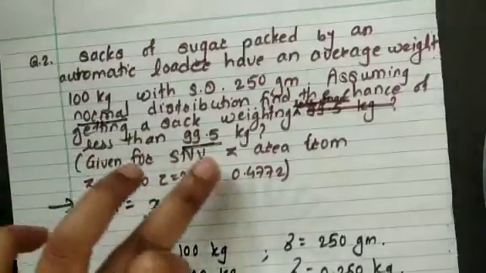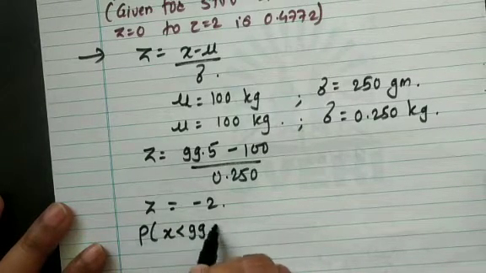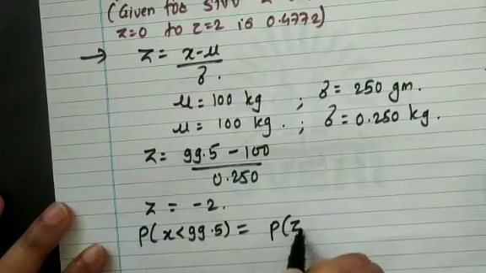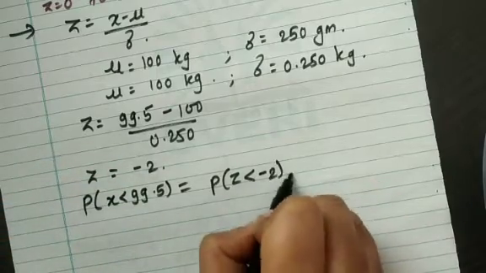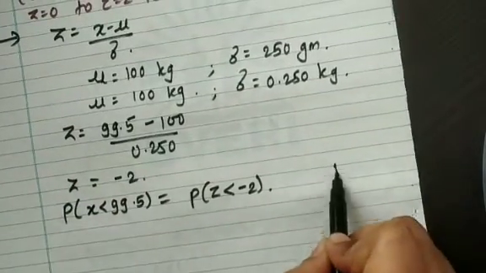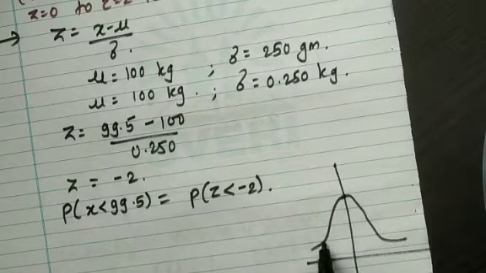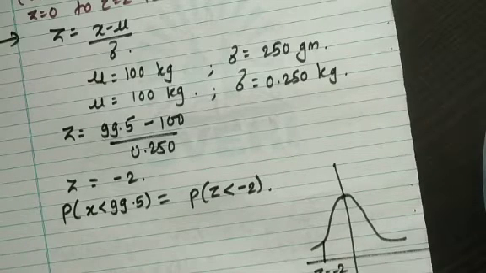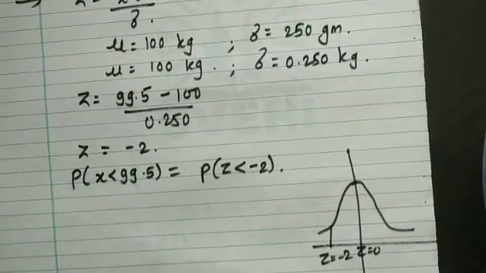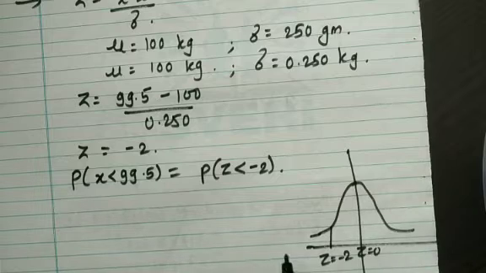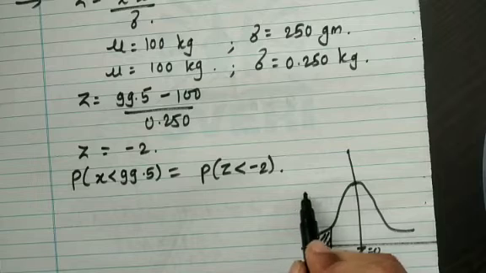And it is asked less than 99.5, that is probability of x is less than 99.5, which is equal to probability of z less than -2. Try to draw it. Z is -2 means negative on your left hand side, and where z is 0 is here, and less than -2, that area is somewhere here,